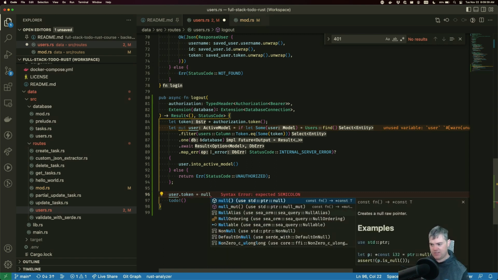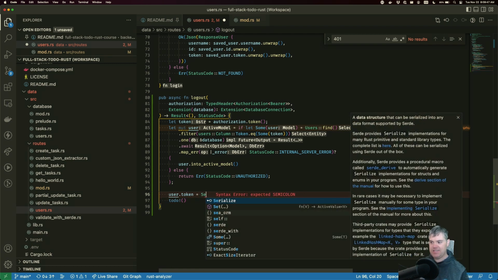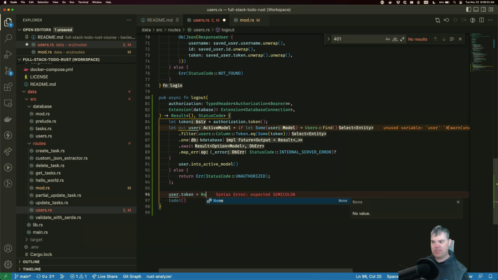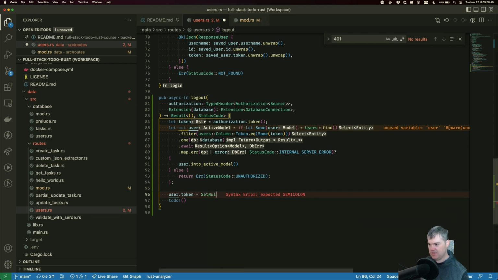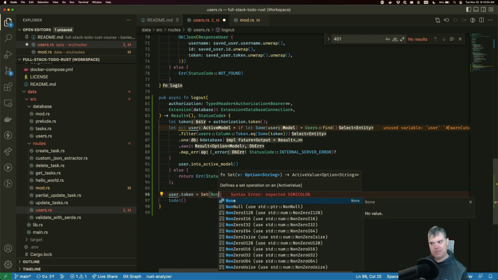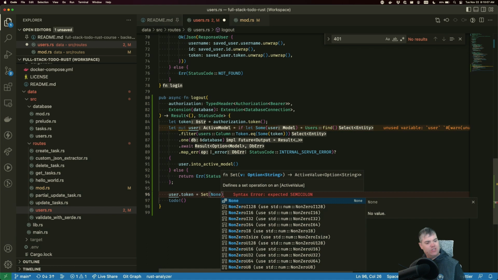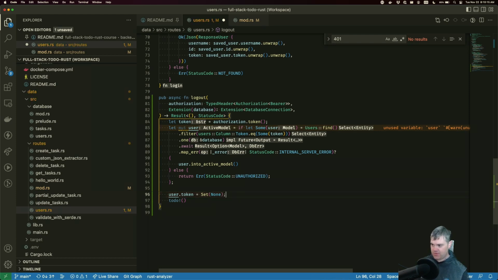Can I just set this to be null? I don't think I can. Maybe we can set this to be a None. I don't know. We have to do Set. If I do a None, well, I guess this should handle it, right? So we want this to be set to None because it was going to be an Option anyway. Okay, so there we go. We're happy.